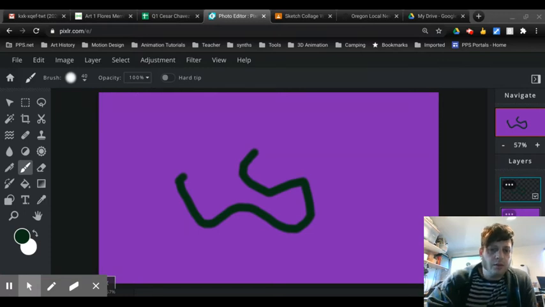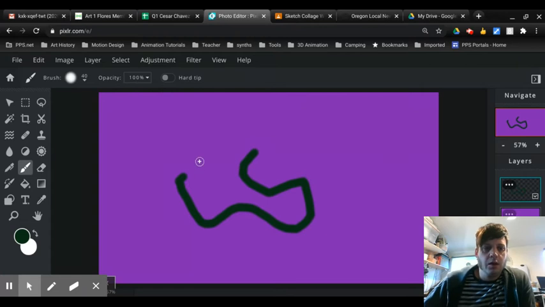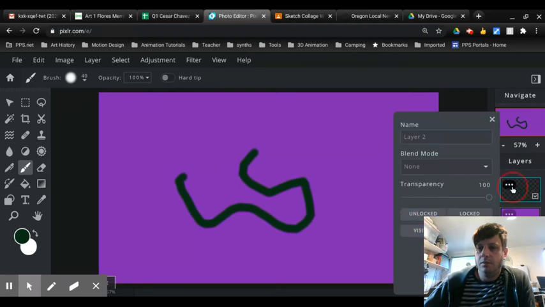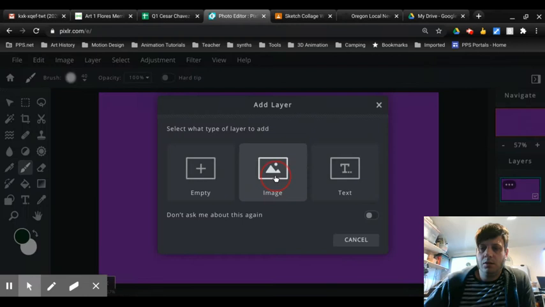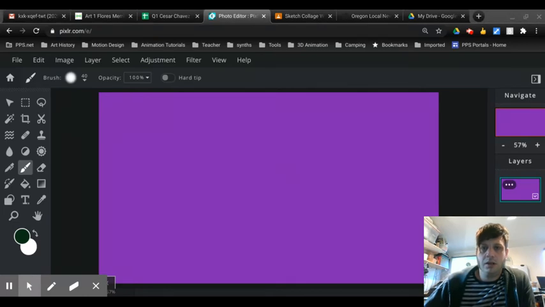All right, so let's go back to here. Okay, so let's say we want to edit a photo. I can click these dots, and I think I can hit the trash can and it'll delete it. But let's hit the plus button and go to image, and now I can bring in an image. If you remember when I first opened that picture, it was a forest scene, kind of a rectangle. That was bringing the picture in without your project being set up for that picture's frame size. But now if I bring in this forest picture here,